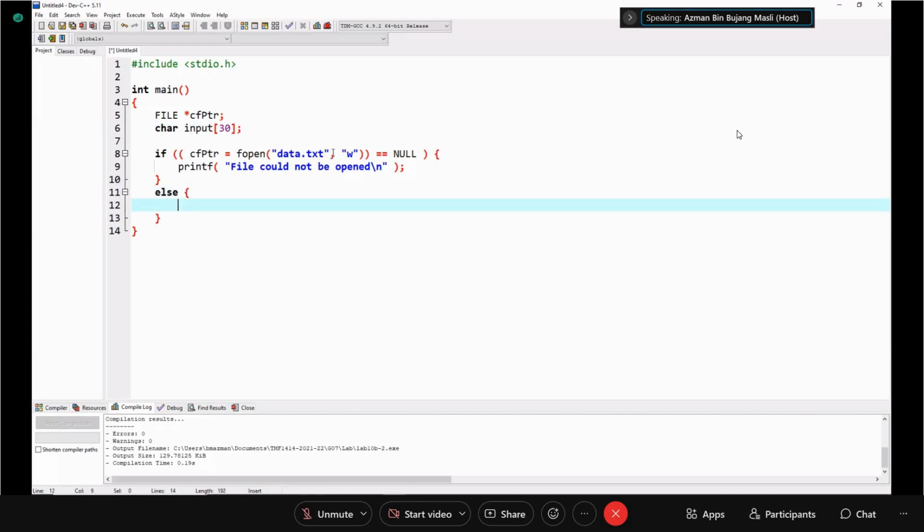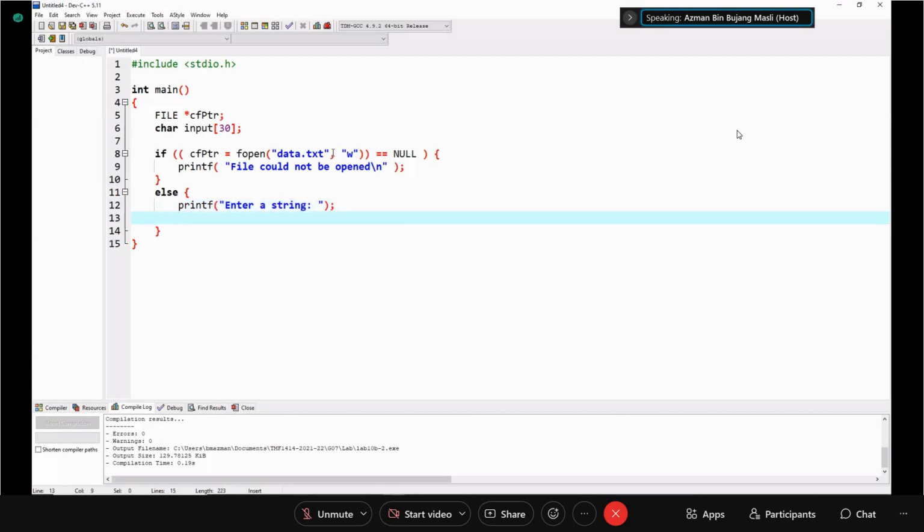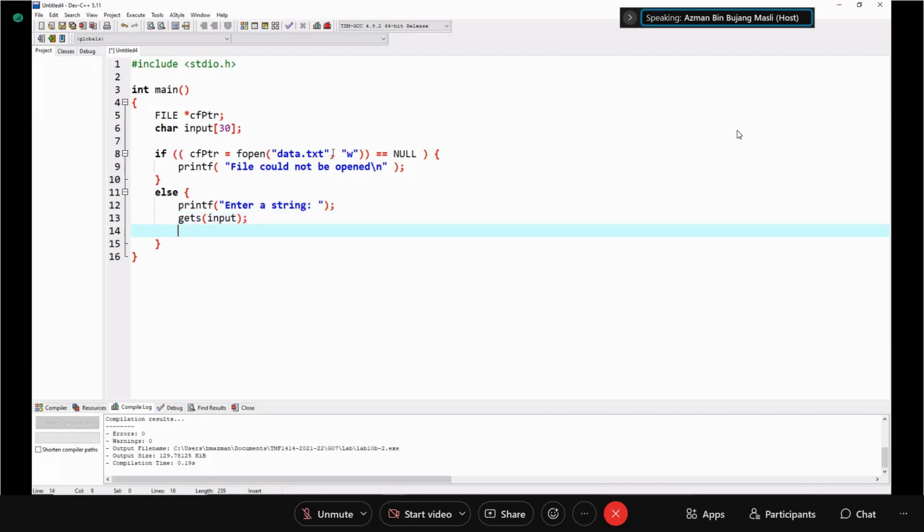So printf, ask the user to enter a string. And then the user will enter the string, and then we get the string from the user. For example, get string input.